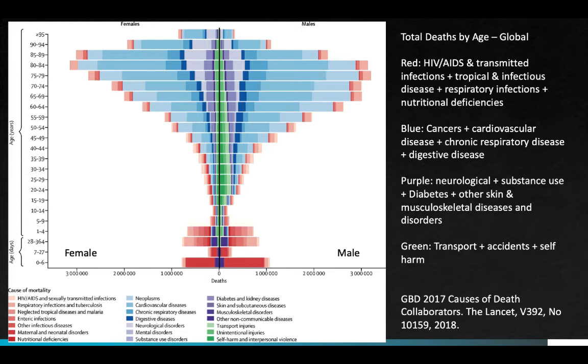You could spend a long time looking at this graph, so feel free to pause the video, but I want to highlight a couple of key points. The first is that the male curve is different from the female curve. Men tend to die earlier than women, and men tend to die at a higher rate due to trauma, the colors in green. In fact, in the United States, trauma is a leading killer of men under the age of